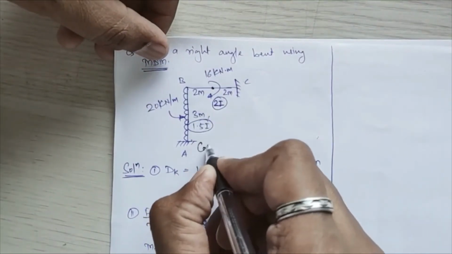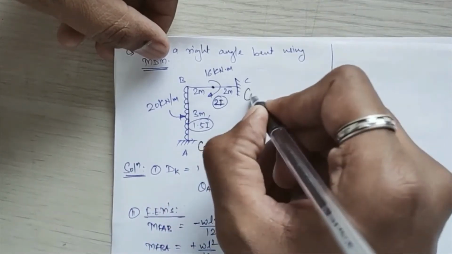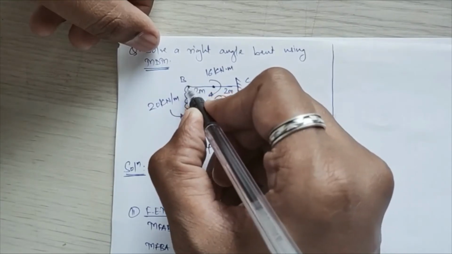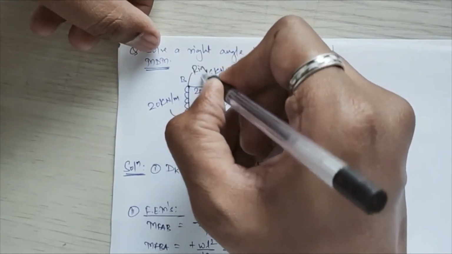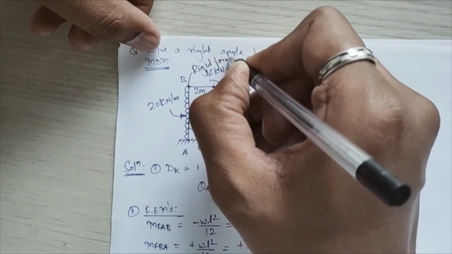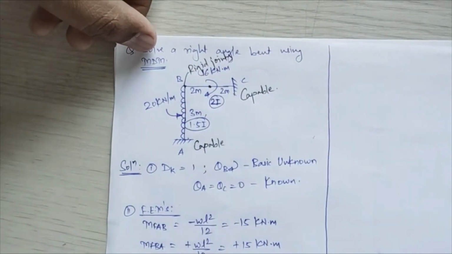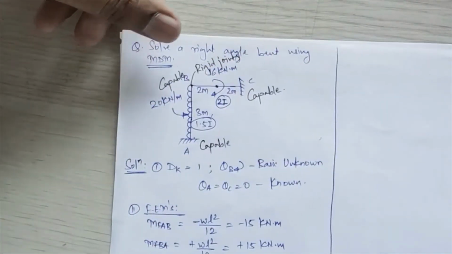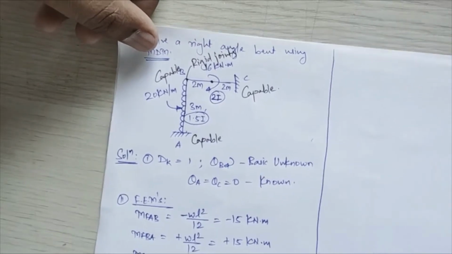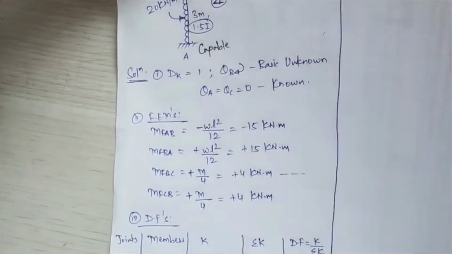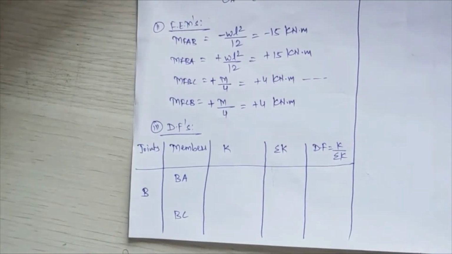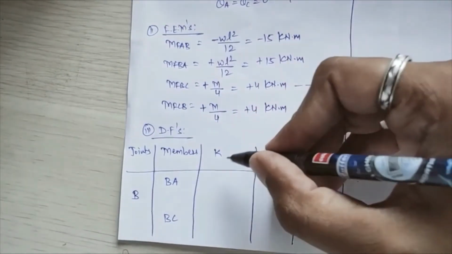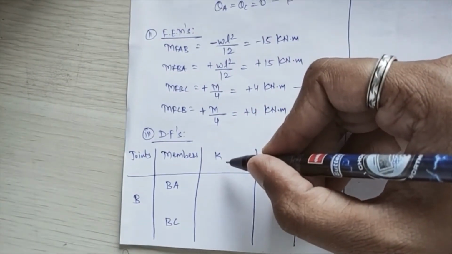A is the fixed support, so obviously this will be a capable support. Also C is the fixed support, so this will also be a capable support. Now whatever support B is given to you, this type of joint is treated as a rigid joint. So rigid joints are always capable supports over there. While explaining capable and incapable supports in your first lecture of the moment distribution method, I have told you that rigid joints are always capable supports, that is, they can resist a bending moment. So whatever supports are given to you, those are all capable. So your relative stiffness values will all simply be I by L.